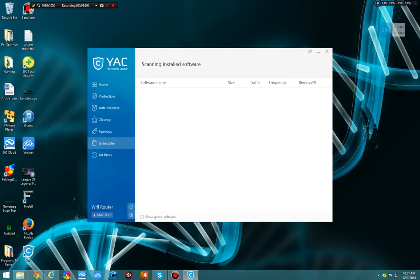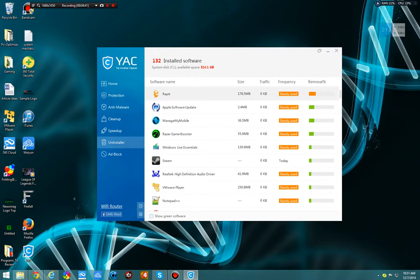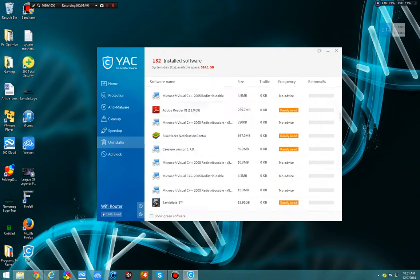Your uninstaller, scanning installed software. What it's going to do is go through all the programs that you have installed, find them, and say which ones you should remove. Frequency is going to tell me how often I use it. This is rarely used, rarely used, rarely used, and it's going to suggest